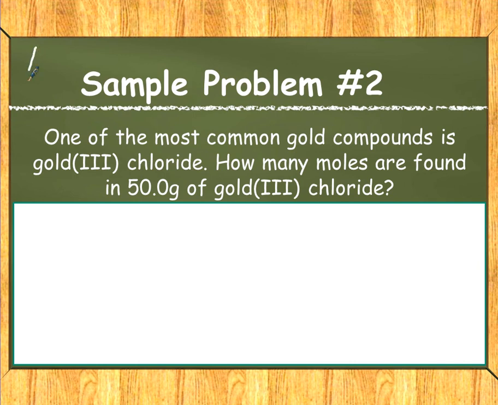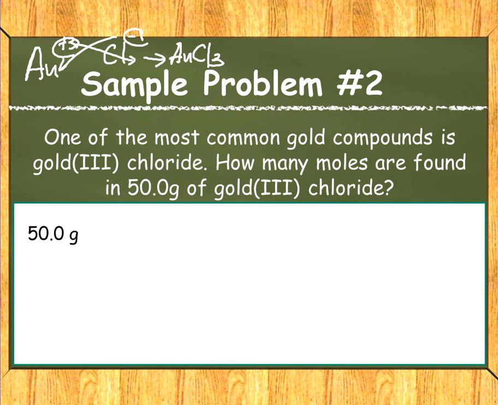So, when I do that, I have Au, what's the charge of gold? 3. Positive 3. And Cl has what charge? Negative 1. Crisscross. AuCl3. So you get AuCl3. I know, you're good. Okay, so what are we starting with? Bria, what are we starting with? 50.0 grams. So here's my 50.0 gram. What is a unit that I want at the bottom of the fraction? Grams. Grams. Remember, if we want to have the same unit as the one that's given to me,